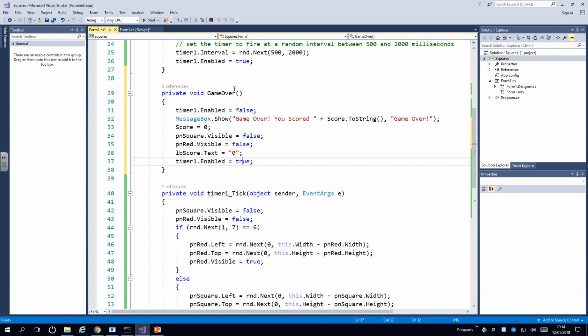Chris, why do we set score dot text to 0 once it's game over? You reset it after. Right, so when that message box shows, the program will pause at that point, it will stop and wait for you to hit the OK button. Once you hit that OK button, we'll then reset it up for the next person to play. The reason we don't do it there is otherwise it will still appear on the screen as the person scored until the last one is